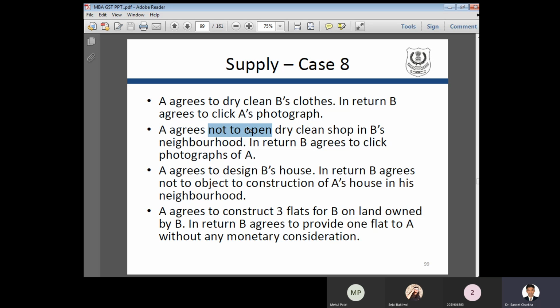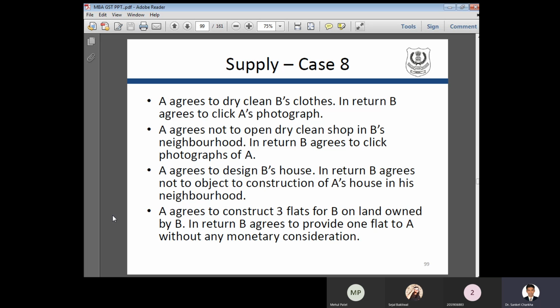नॉट टू ओपन, यानी विलिंगनेस नहीं था। सेम केस, A agrees to design B's house, बट इन रिटर्न वो एनओसी प्रोवाइड कर रहा है। एनओसी इन द सेंस अ पर्टिकुलर डॉक्यूमेंट, अ पर्टिकुलर सर्टिफिकेट। और इंटीरियर का आप क्या करोगे? इंटीरियर आपका यानी एक पर्टिकुलर इमेज नहीं होती, आपको इंटीरियर पेपर पे बना के देना है। सो इन दिस वे यहाँ पे सब जगह पे सप्लाई था, लेकिन यहाँ पे सप्लाई क्यों नहीं है? बिकॉज आपका एग्रीमेंट है, और वो एग्रीमेंट किसका है? फ्लैट का है, एंड फ्लैट कैन नॉट बी ट्रांसफर्ड और मूव फ्रॉम वन प्लेस टू अनदर प्लेस। क्लियर?